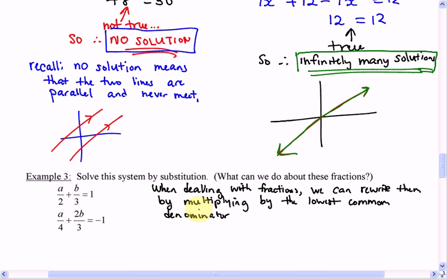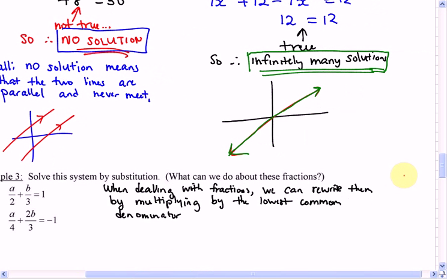Okay. So the goal here is to rewrite the equations without fractions, but we don't want to change the actual value of the solution. And we can do this by just multiplying every single term of an equation by a number. So for example here, you don't need to write this down, but as an example, if I had 5x